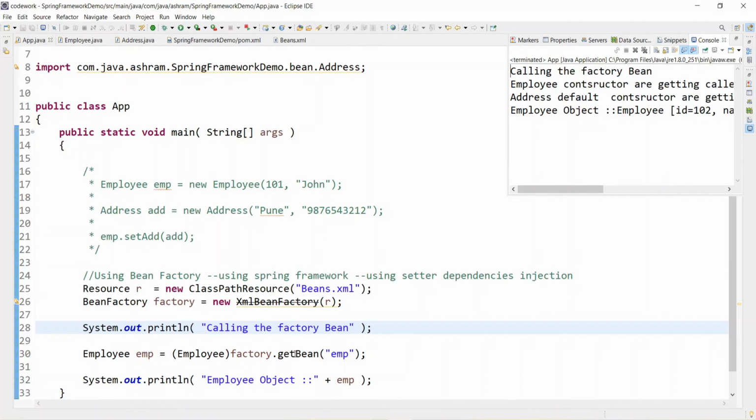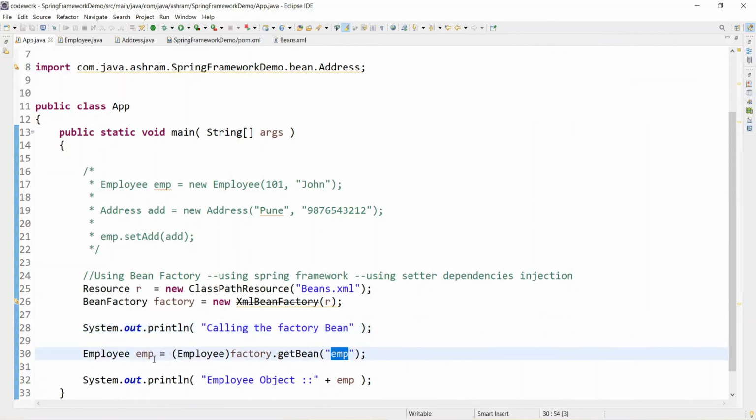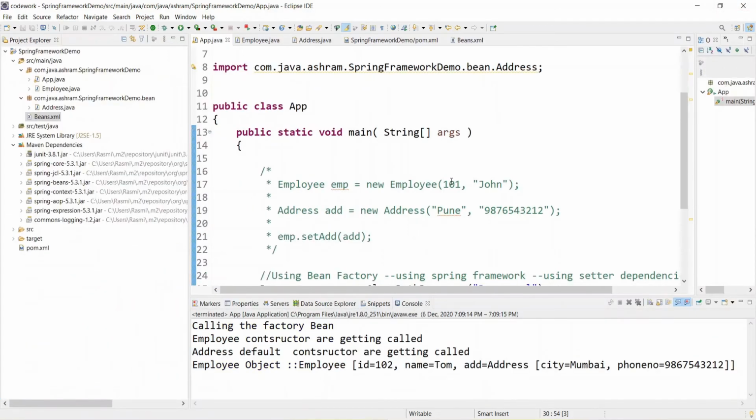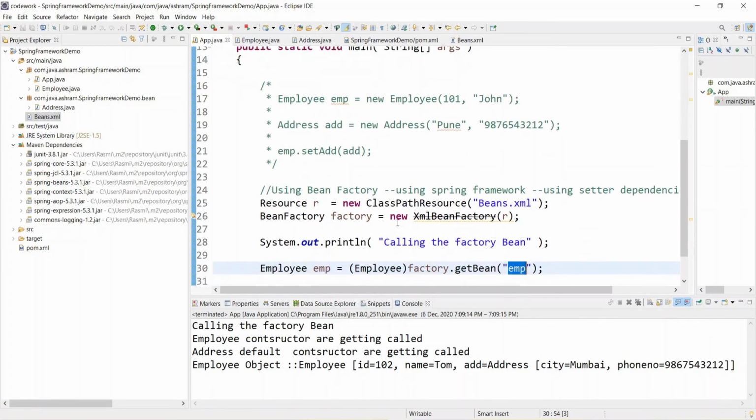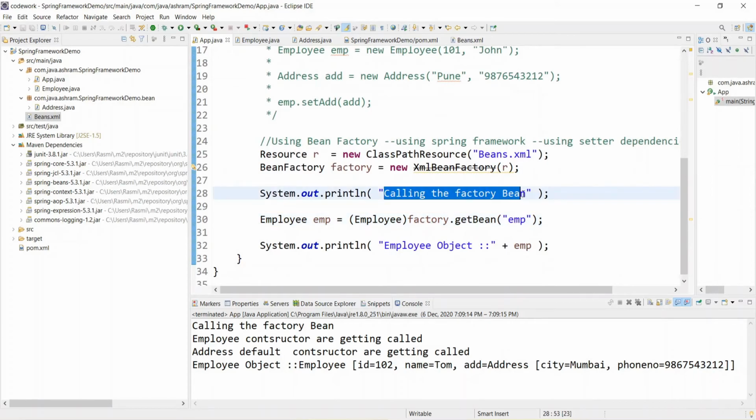Thereafter, you are asking the Spring container to get you the bean of the employee class, right? So first the bean factory is getting called, that's fine, and thereafter whenever you ask, hey Spring container, give me the bean of the employee class, give me the instance of the employee class, only at that time the employee constructor is getting called.